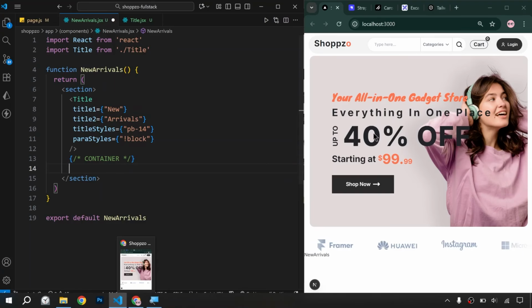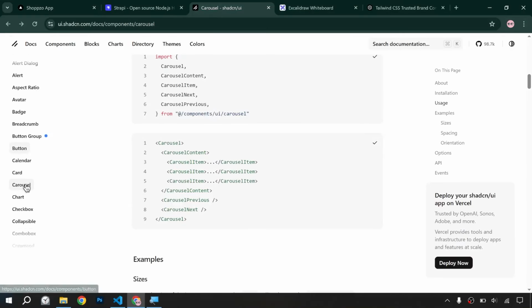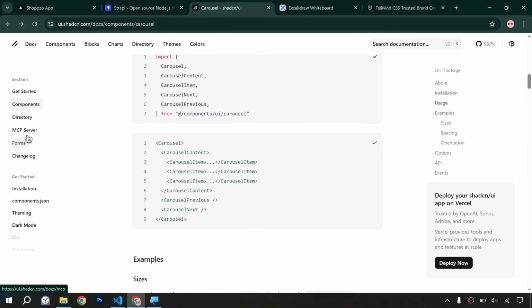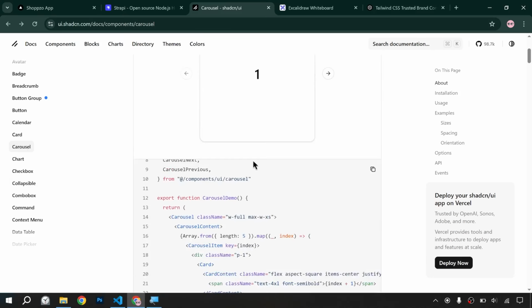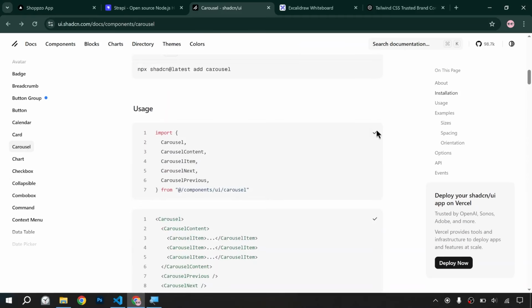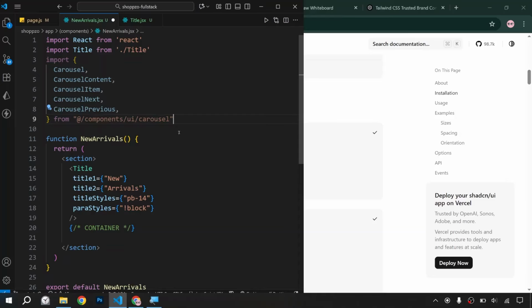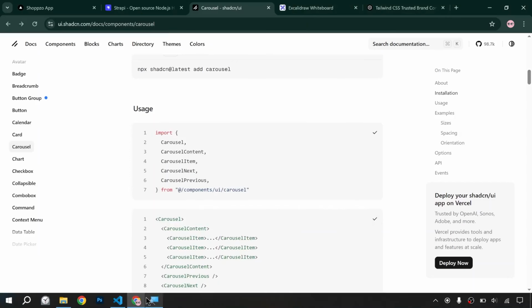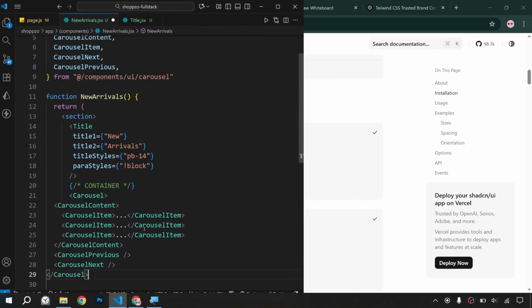So we will go to the carousel component. Here we have carousel, this one, and we will import these values. We will import these lines, and after this we will copy these lines as well. After the container we will paste this, Alt Shift F,